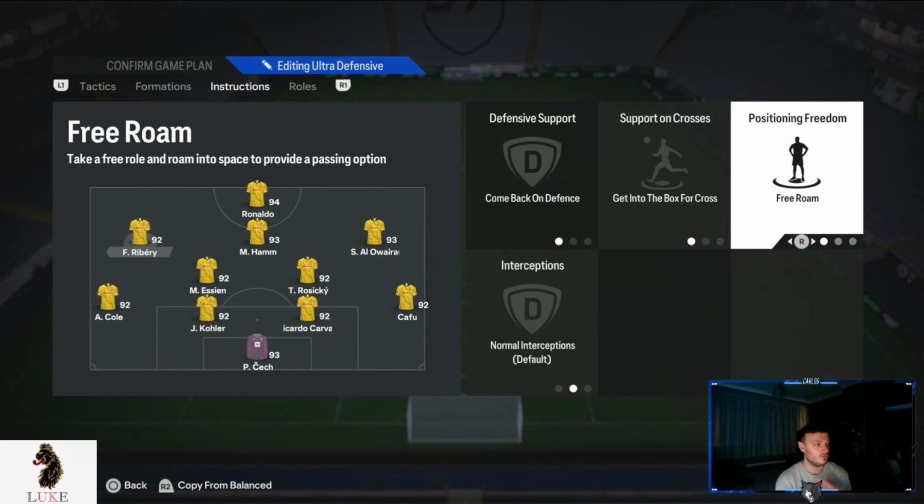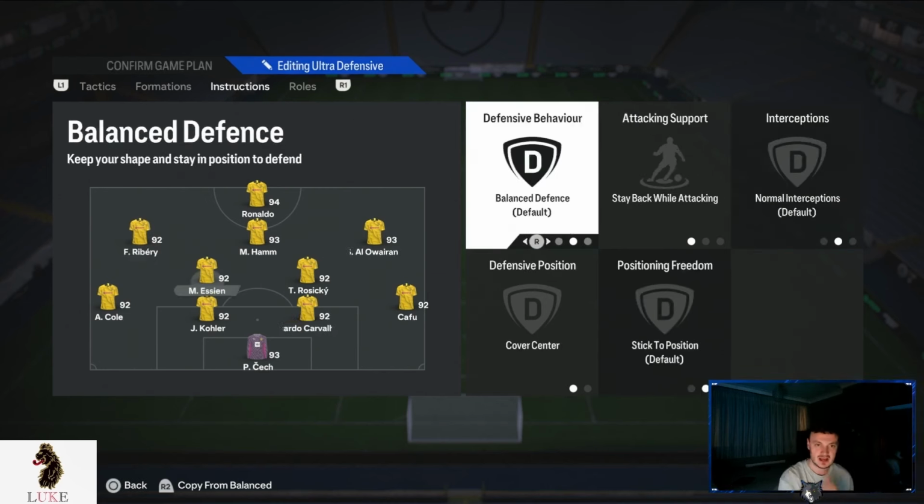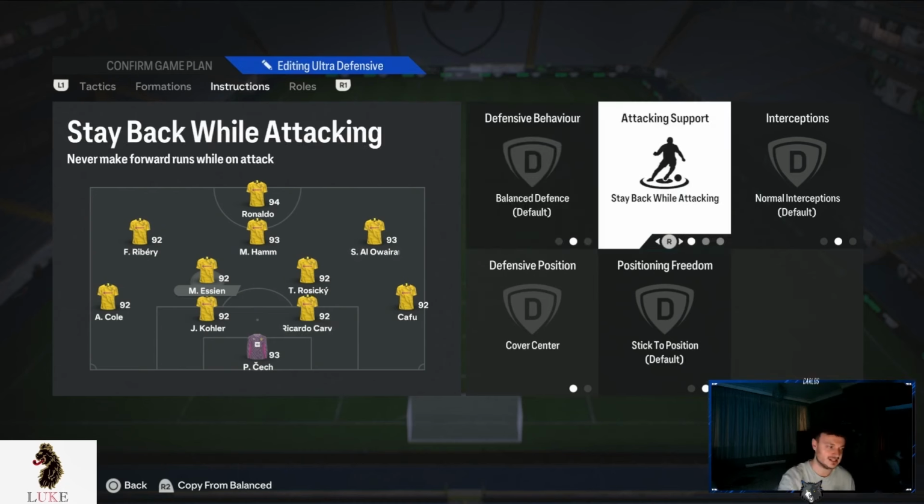So my left-sided CAM will drift inwards quite a lot, giving us a bit of an overload in the middle of the pitch. So my left-sided CAM will sometimes hold the width, but also will drift inwards. Very important on the 4-2-3-1 to have either the LAM or the RAM on free roam. Because my left-sided CAM is on free roam, I play with my left-sided CDM on stay back while attacking and